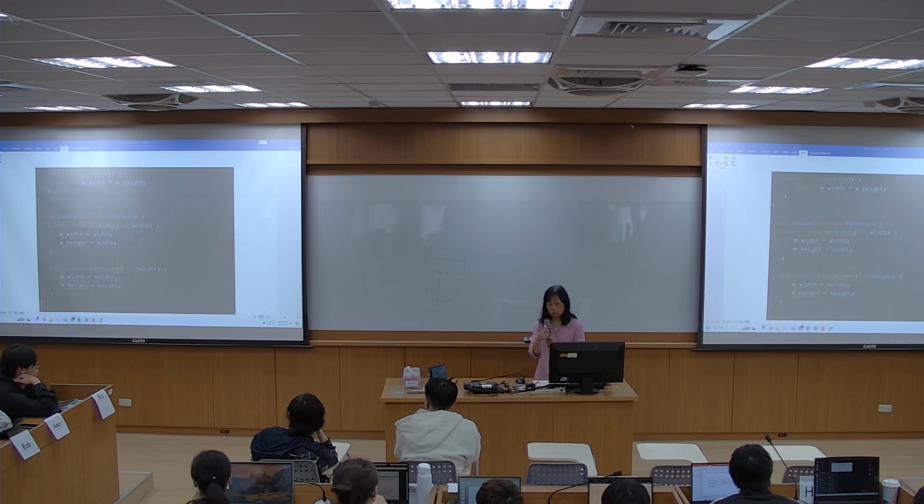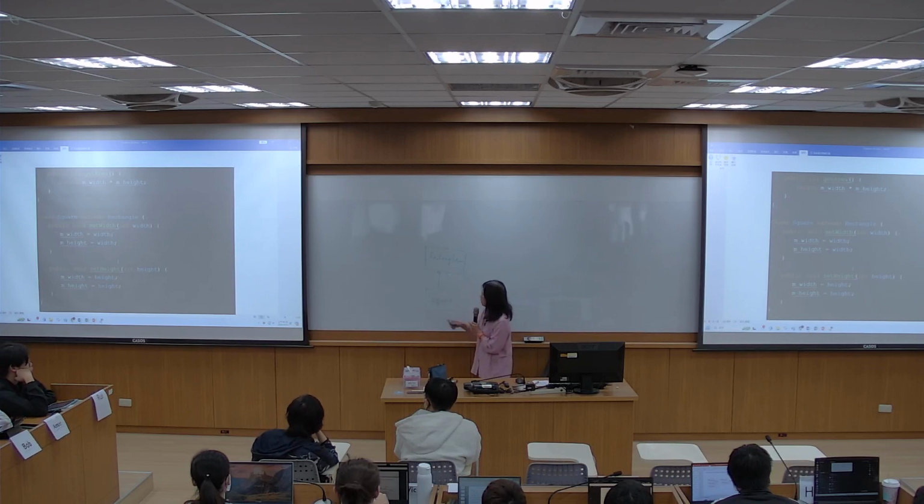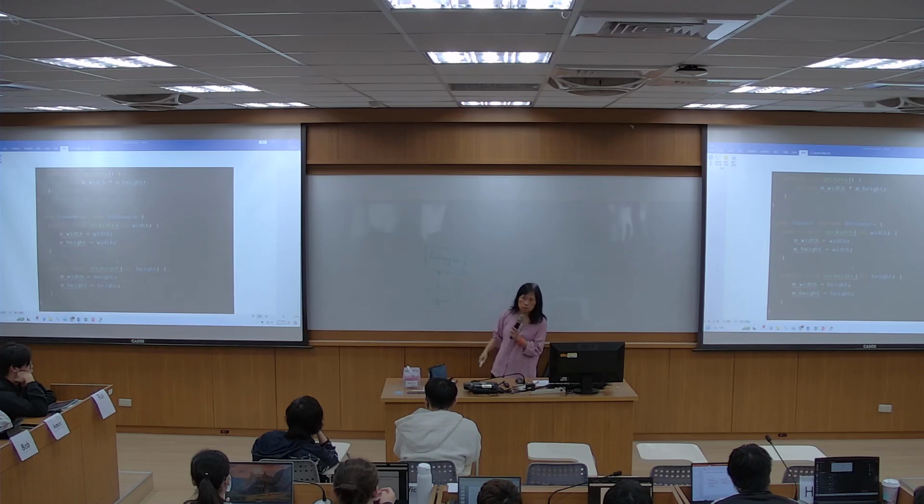So here, of course, since it violates LSP, we're not going to do that. Square cannot substitute rectangle, right? Because rectangle does not have the same size.